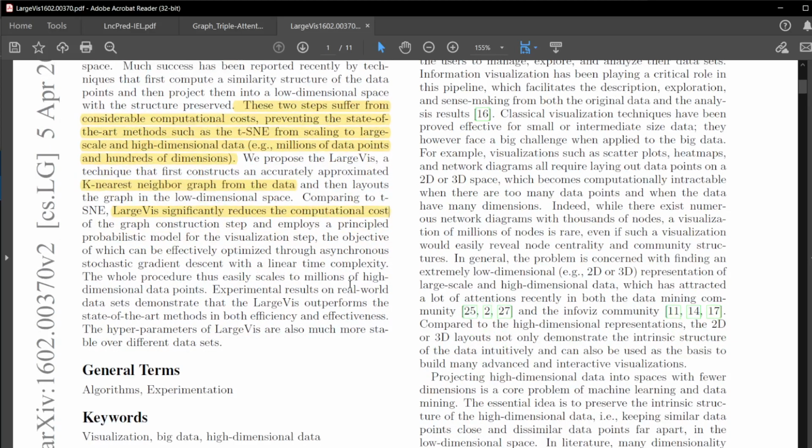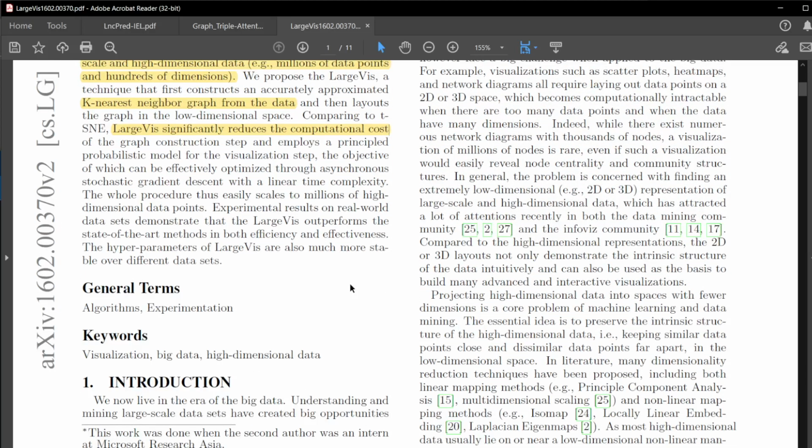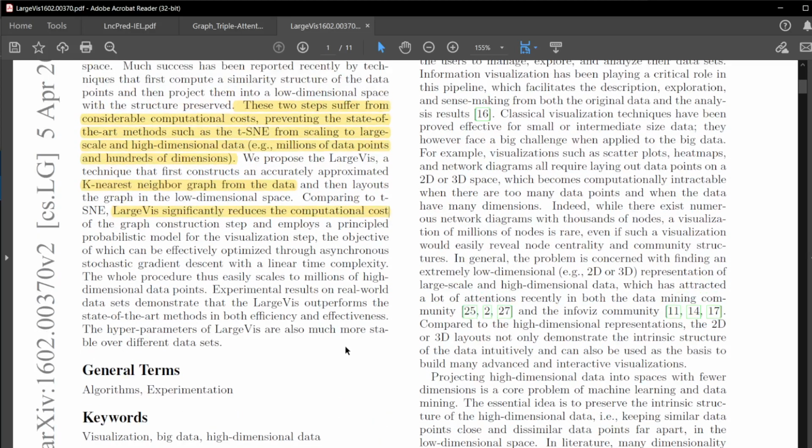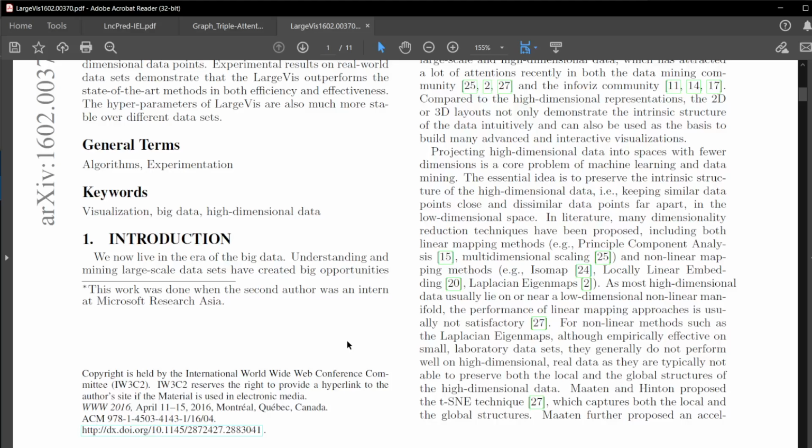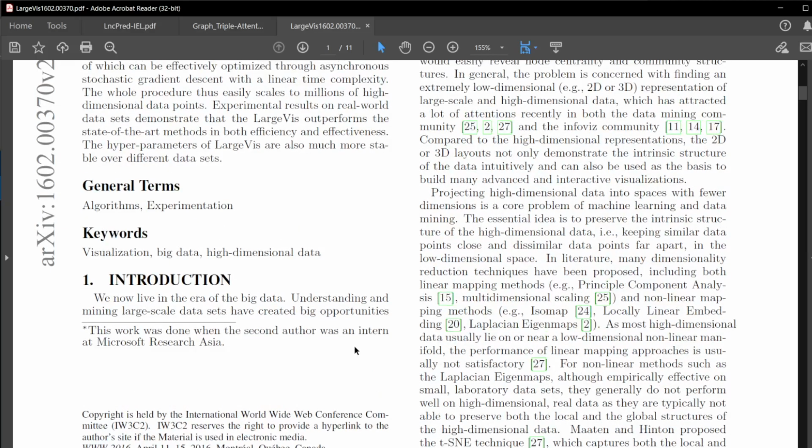This work was done when the second author was an intern at Microsoft Research Asia. Copyright is held by the International World Wide Web Conference Committee, IW3C2. IW3C2 reserves the right to provide a hyperlink to the author's site if the material is used in electronic media. WWW 2016, April 11 to 15, 2016, Montreal, Quebec, Canada. ACM 978-1-4503-4143-1/16/04. http://dx.doi.org/10.1145